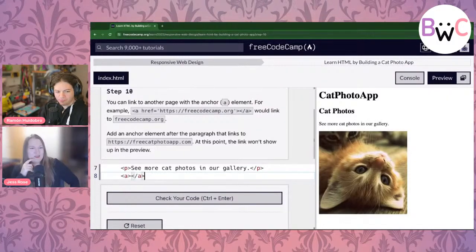So I'm just gonna rewrite it out. So there's our A and our closing A, and A is for anchor. Just having an anchor by itself doesn't really do anything. We're gonna need to throw that anchor at a URL. That's the href attribute. So it's an anchor tag with an href attribute.